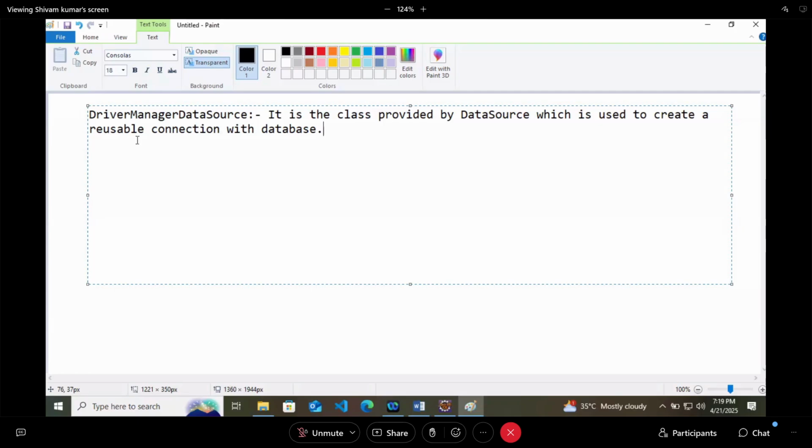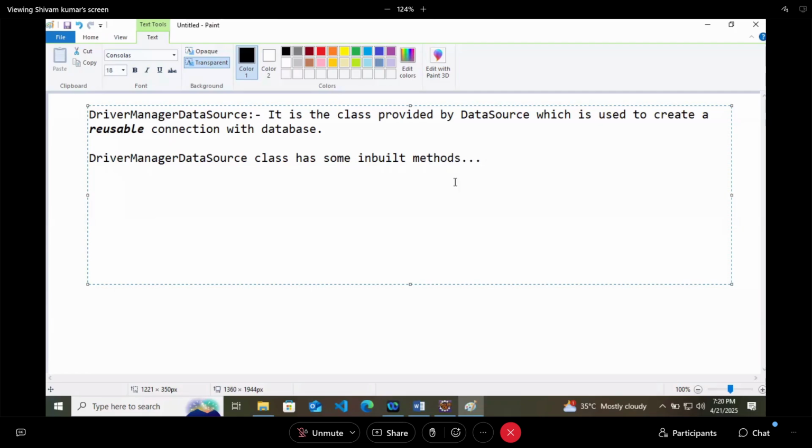Why am I saying the word reusable? Because here this connection will be reusable. So the DriverManagerDataSource class is used to create a reusable connection, and this particular class is provided by DataSource. So here, let's say I will write a very simple code. This DriverManagerDataSource class has some inbuilt methods.